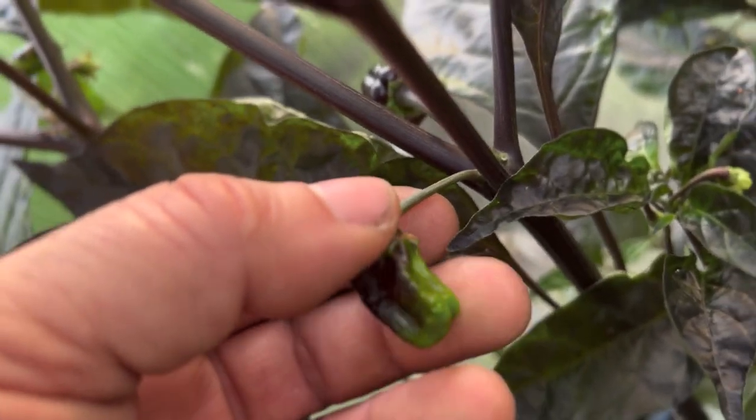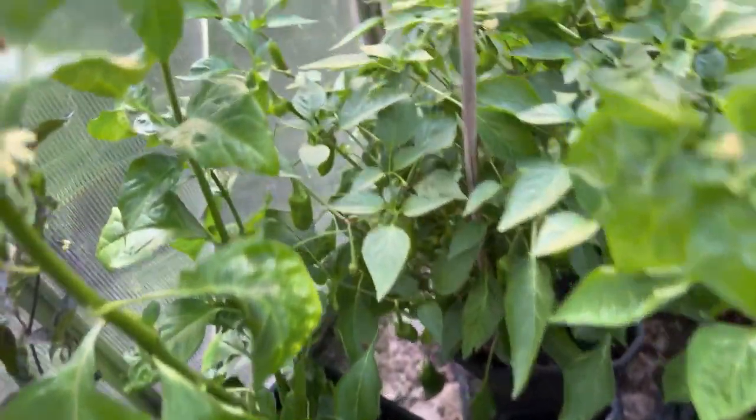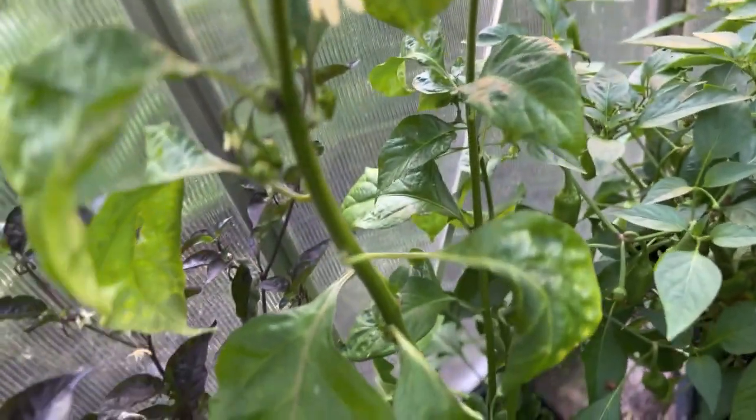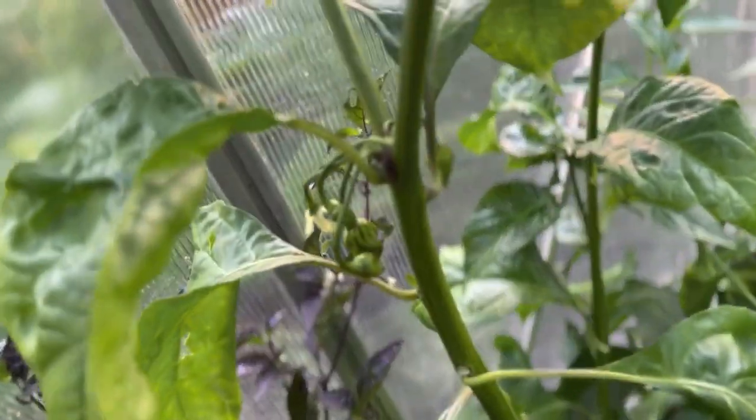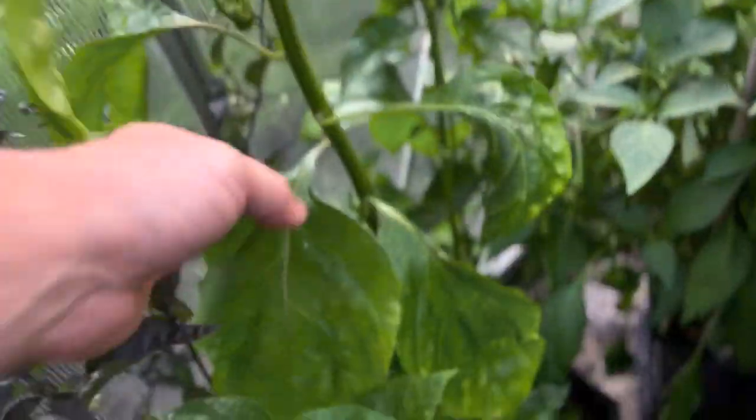So you've got this beautiful thing that looks almost like a boiled sweet. Doesn't taste like a boiled sweet. It tastes like something boiling, but just not sweets. This is my Armageddon. Now, Armageddons always take a little while because they insist on growing these big, long stalks